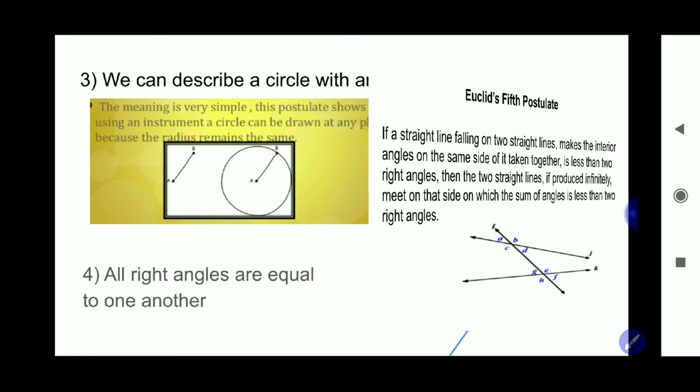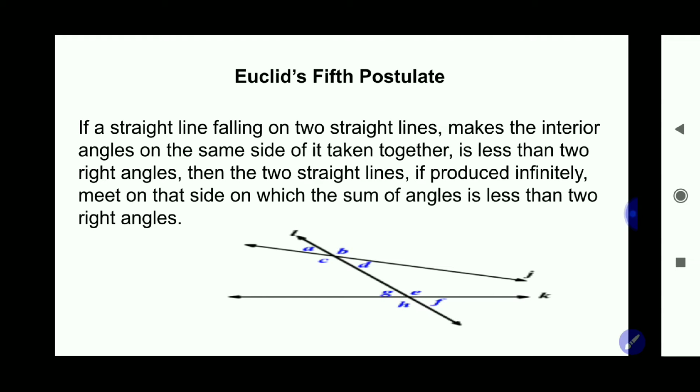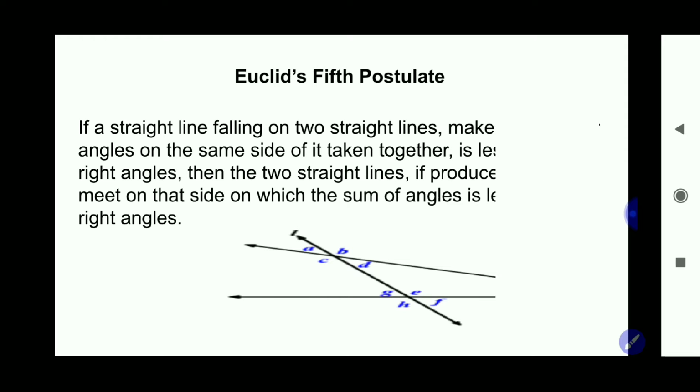Now we are going into Euclid's fifth postulate. It is very important and critical. If a straight line falling on two straight lines makes the interior angles on the same side of it, taken together, less than two right angles, then the two straight lines, if produced infinitely, meet on that side on which the sum of angles is less than two right angles. That means,